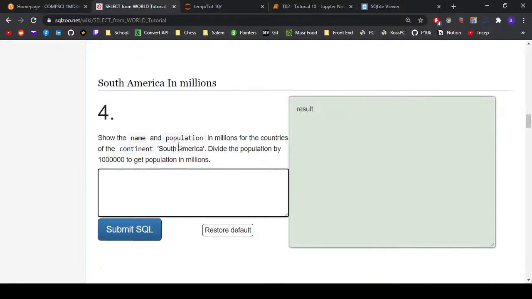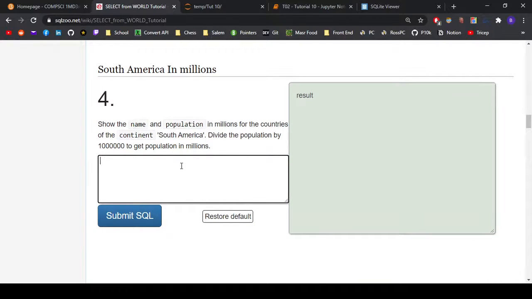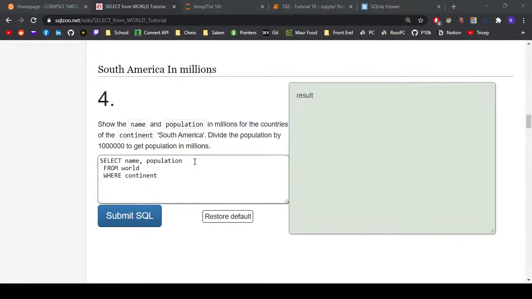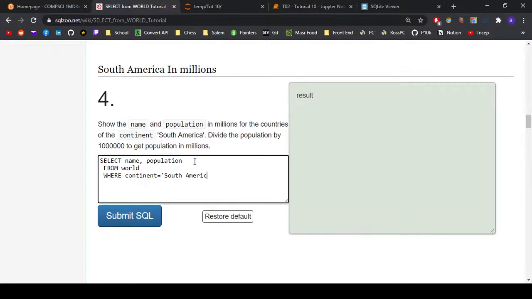We got some more. So here we got to show the name and population in millions for the countries of the continent South America. Divide the population by 1 million to get the population in millions. Yep, which makes sense. So all we got to do is select the name and population from our table world, where continent. And the thing with this one is we can actually just use equality, just like you'd probably guess. So South America,